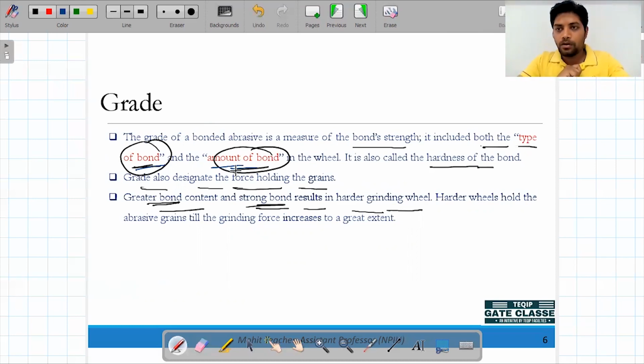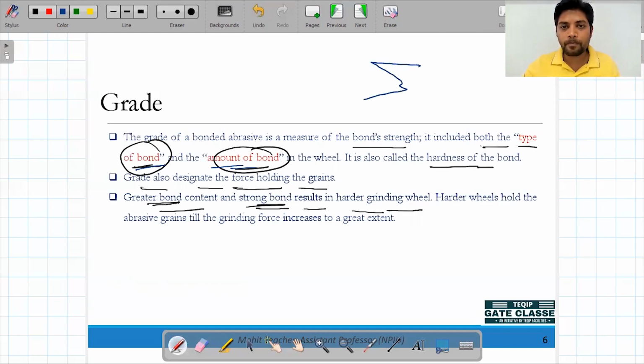If it is defining its strength, then what will happen: when one grain has removed some amount of the material, the bond strength also decreases. So when the bond strength decreases, if the grain does not flow outside along with the workpiece, then it will try to